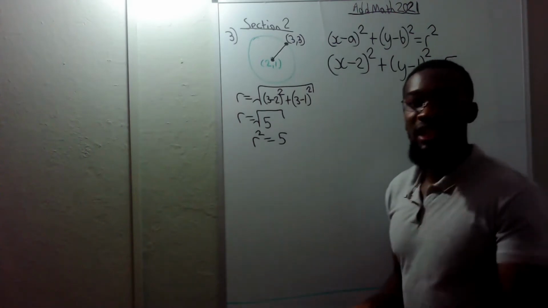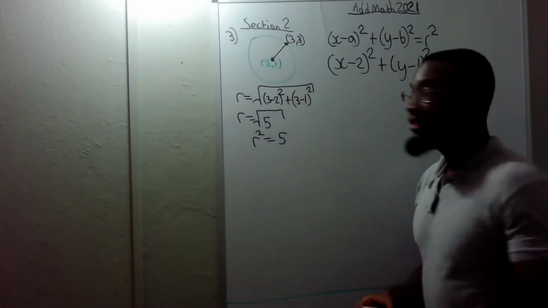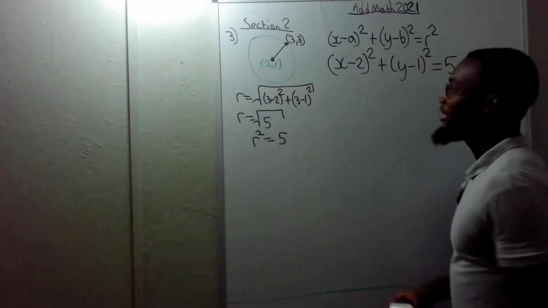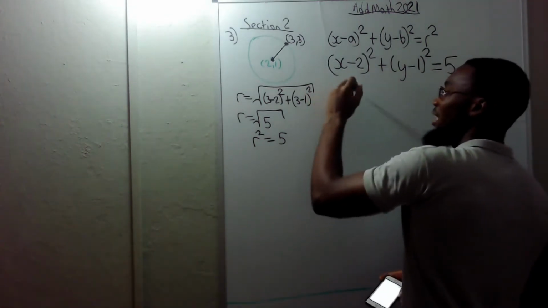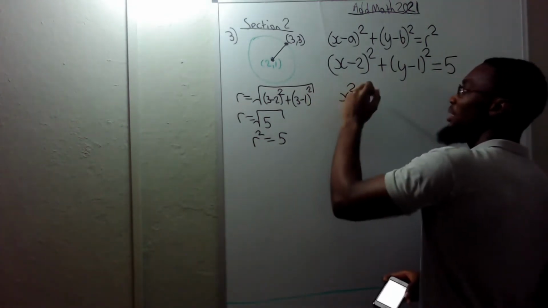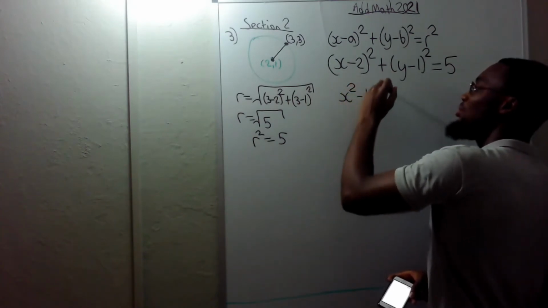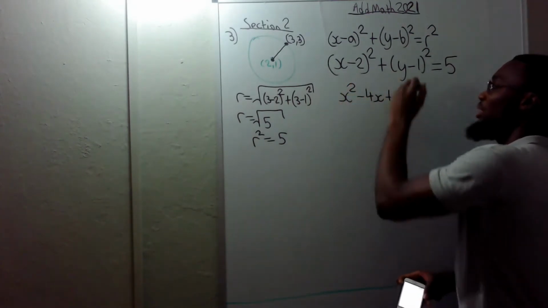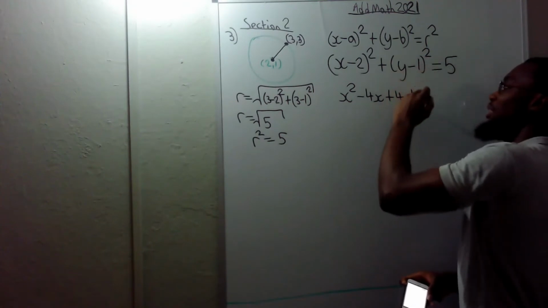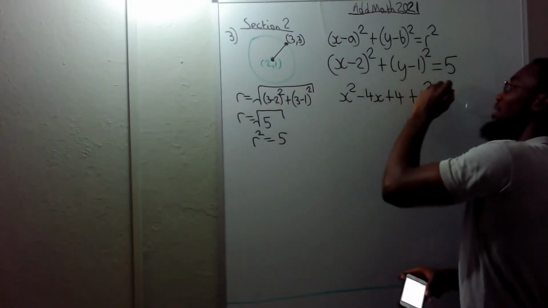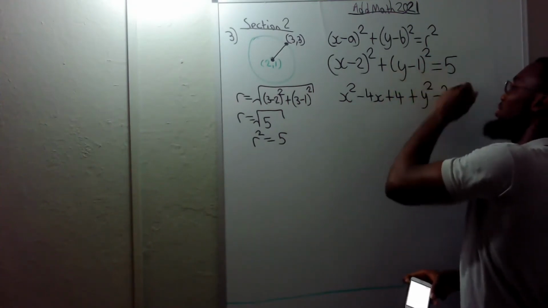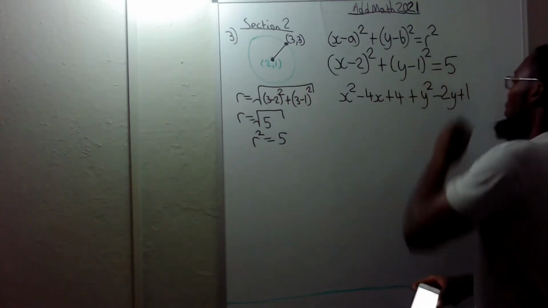They want it to be in the general form. So what do we need to do? We need to expand out this right here. So what we're going to get is x squared, first term squared, minus twice the product of the two, plus second term squared, plus y squared, first term squared, minus twice the product of the two, plus second term squared, which equals